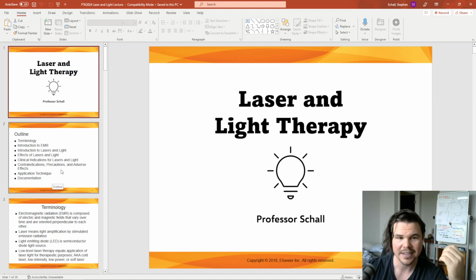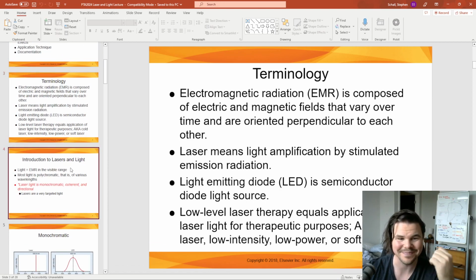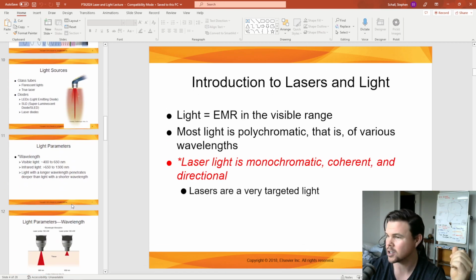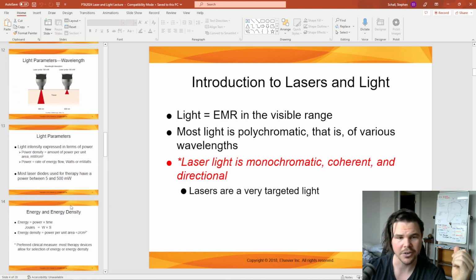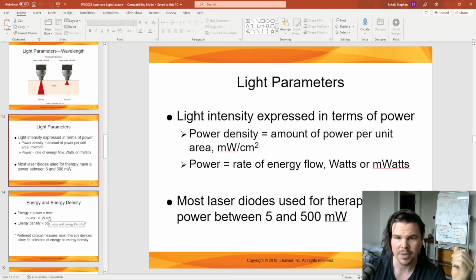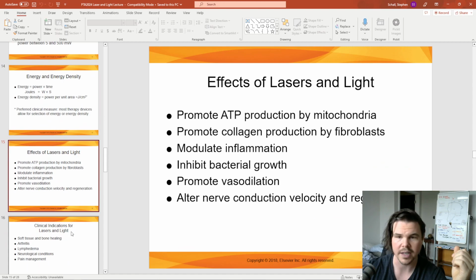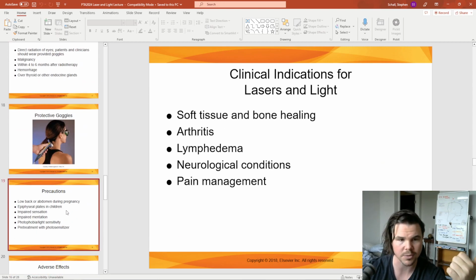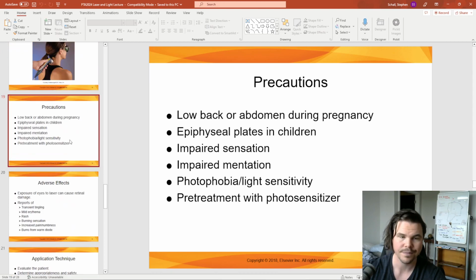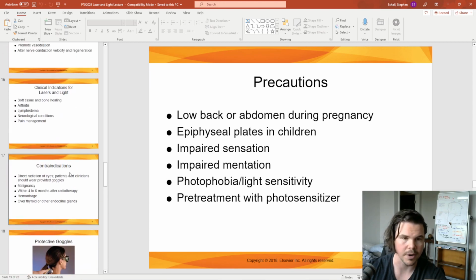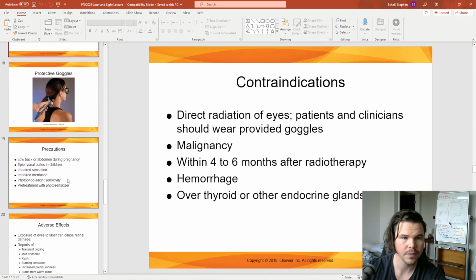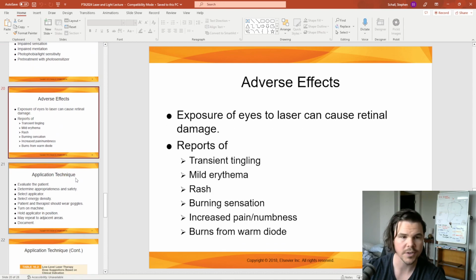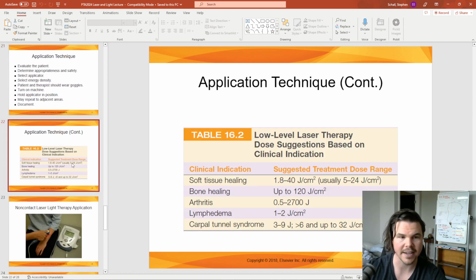Laser light. Didn't do a whole lot here. Tends to be more in terms of how you're going to document this because we don't really use a whole lot of laser, and I'm not going to put a whole lot on here. Like I said, it's mostly going to be ultrasound for this one. It's like a broken record, right? Contraindications, precautions, adverse side effects, how you apply the technique,